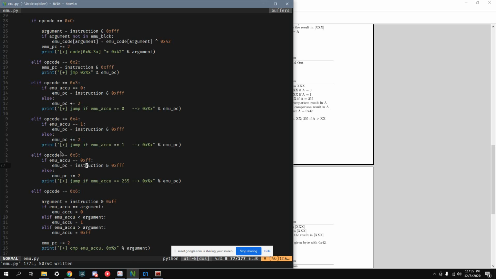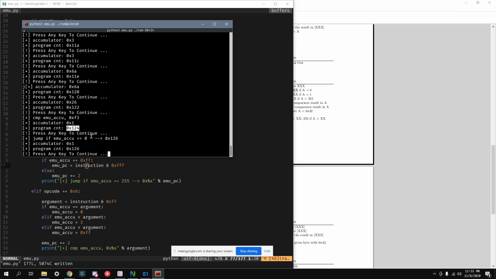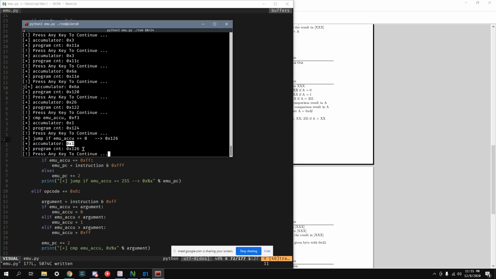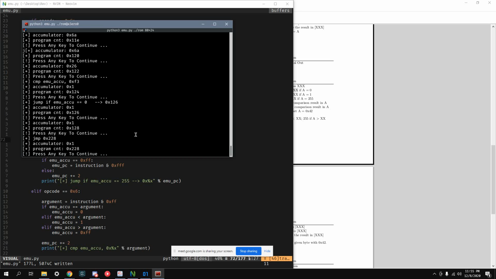Okay, so ROM. This doesn't make sense because here, as you can see, our previous instruction was 1 to 4, and since VM accumulator is 1 and not 0, we basically incremented our program counter by 2, and we arrived at 1 to 6. It's working for me. But ROM is working, and is there a flag format? So I modified the ROM. Let me give you the original ROM. So even the modified ROM works, but okay. Nevertheless,